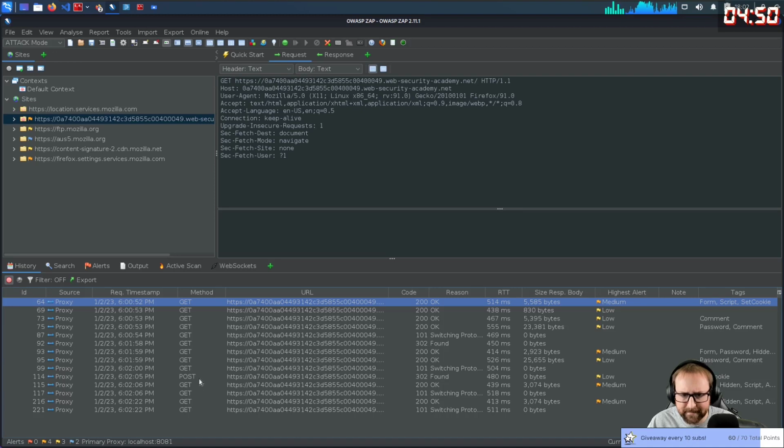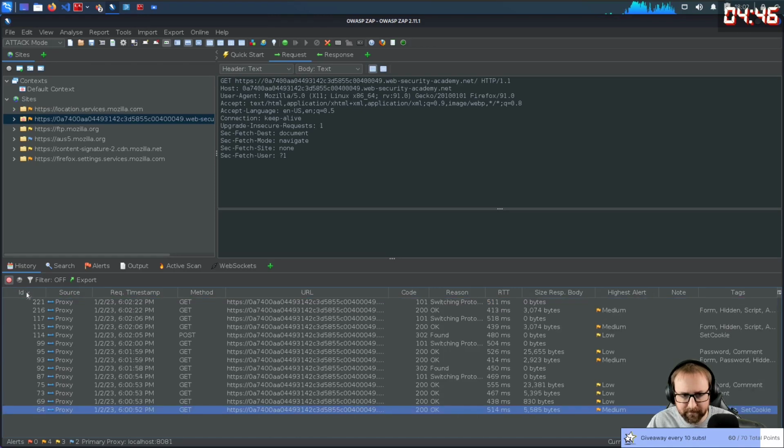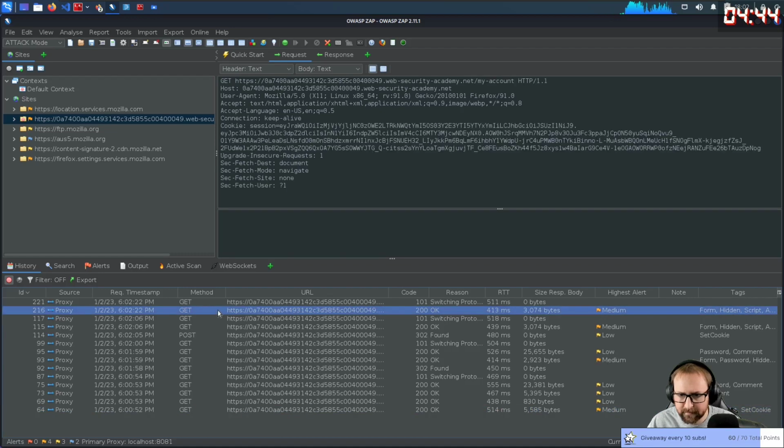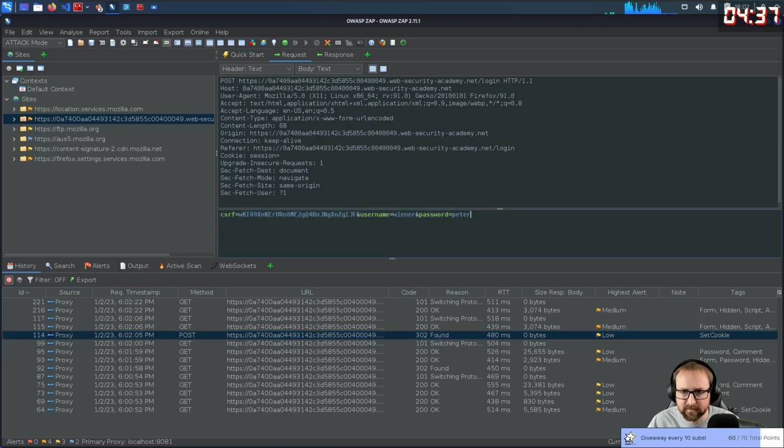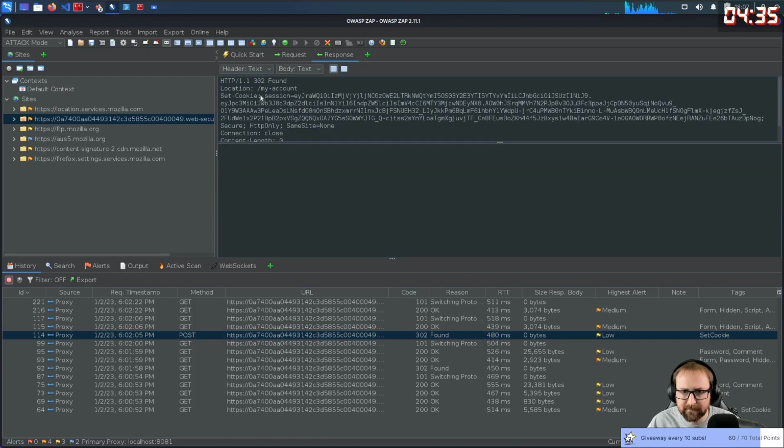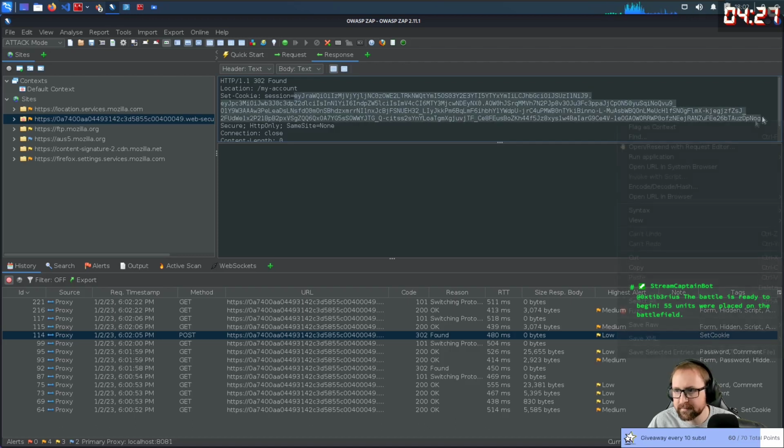If we go back here, I'm going to sort this way so it's a bit easier to see. When we logged in, if I go to this POST request, this is the POST request that logged us in. In the response, we have this session cookie set. And this is an interesting session cookie, let's say. So if I copy this session cookie,